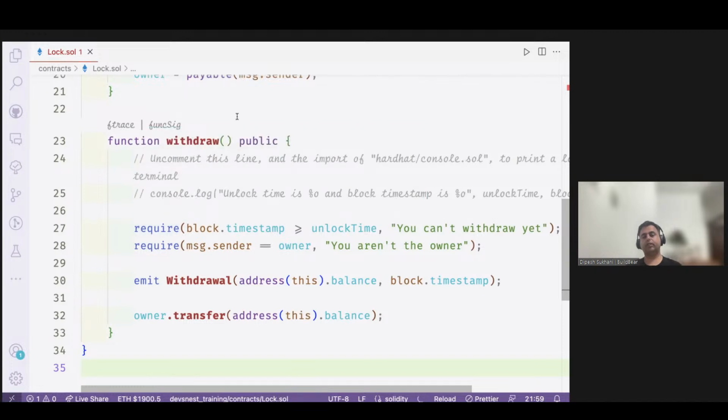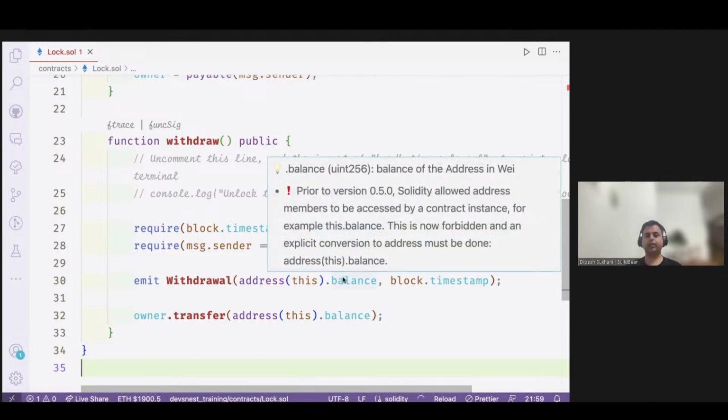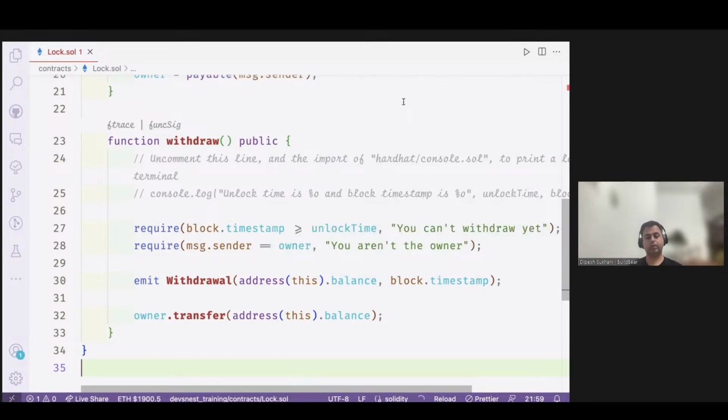The withdraw function will first check whether your block timestamp is higher than or equal to the unlock time. So if I say 30th of June, then when you're withdrawing, are you withdrawing on the 30th of June or later? Because otherwise, the funds have to be locked. The one who's actually calling this function has to be the owner. Otherwise, obviously, anyone can steal my money. There are some events, and there is some